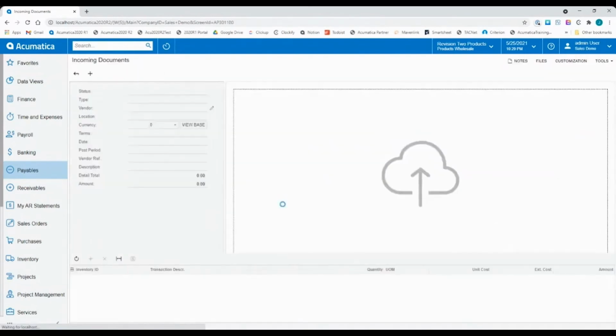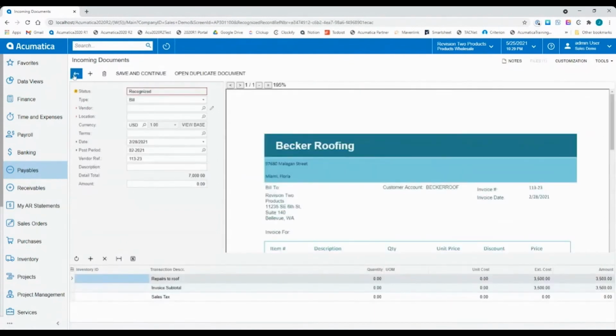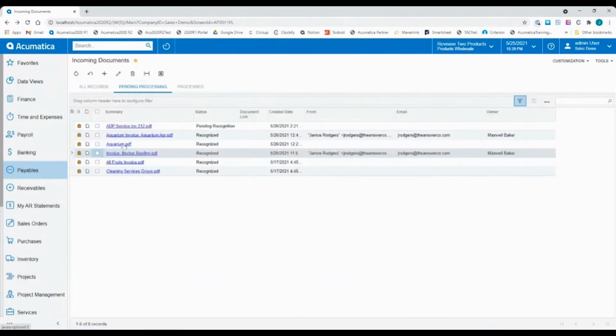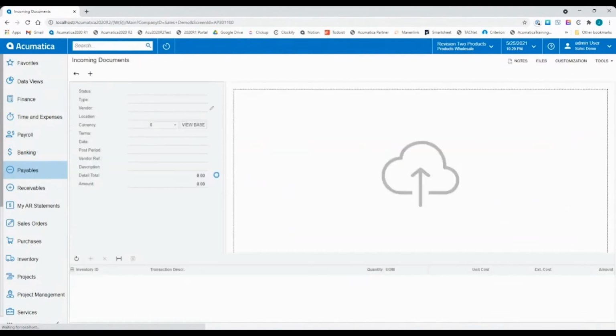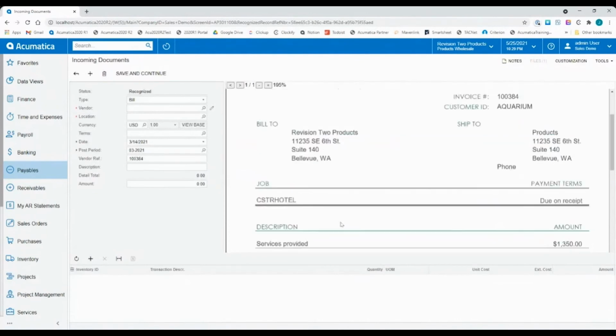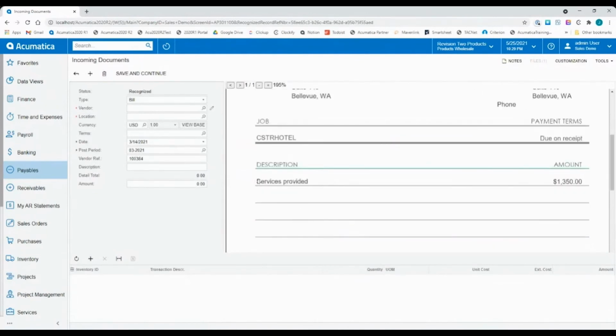Let's go back into this one. Actually, this one was not recognized very well. Let's try this one here. So this one is not recognized. So if you do find an issue where it hasn't recognized the details, you can add a line. And under the transaction description, you can point and click to what you want. So if I want